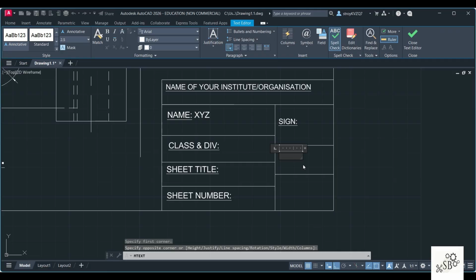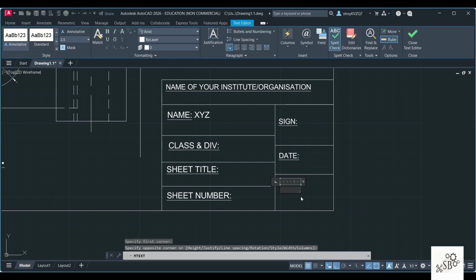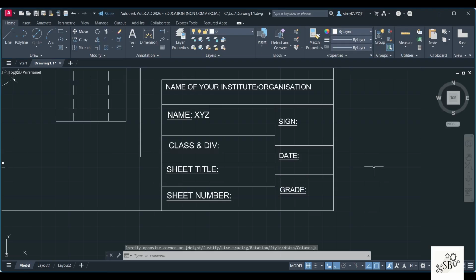Here I will say I'll give the date, say for signing, if the person wants to give a date. Underline this size as 3. Please maintain the same size as this on this side. And then again multi-line text. Here say some grade is to be given, so the person can also assess you with a grade. Control A, this is say 3 and underline and click outside.